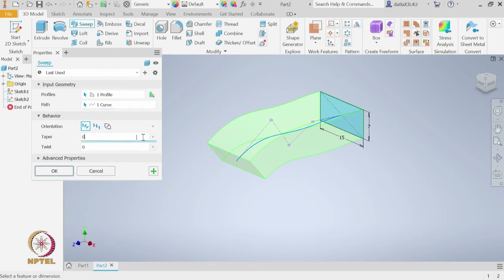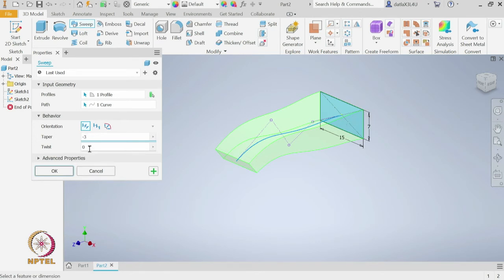Taper, let us change it to 10 and you can see what happens. Essentially what it is doing is, while it sweeps from the initial profile to the final profile, gradually it increases the taper by an angle of 10. Of course, it is an increasing taper, but I can give a minus sign to show that it is decreasing. Sometimes you need to be careful with the value we give. For example, here 10 degrees is too much because it is not able to reach the end of the path. So, let us say only 3 degree. Then we can see that starting from the initial profile, the cross section gradually decreases.